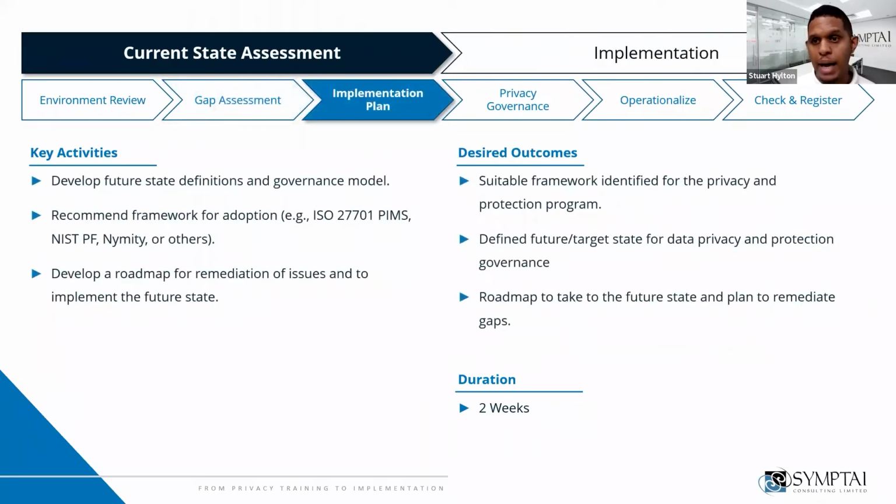Now, I think this is the fun part, the implementation plan, because this is what is really going to determine how we move forward from here. We've identified the gaps. We know what the biggest issues are. We have most likely identified the resources that we need to support us. So we're going to develop our future state definitions and governance models. One of the models that I tend to use is very similar to the 3 lines of defense. So we'll start with the team or the personnel who are on the ground. That's the first line. They're going to execute on data privacy on a day-to-day basis and help advise